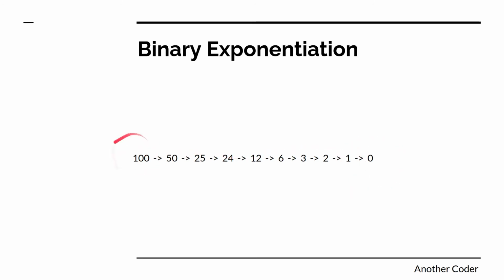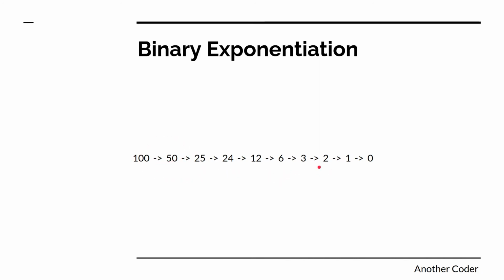And if you would have calculated it linearly, then it would have been 100 steps, because it will be O of n. So O of n here will be 100 steps, but by using binary exponentiation we have reduced those 100 steps to a mere 9 steps. So this is how binary exponentiation helps you to reduce the time complexity, and it runs in big O of log of n, because every time we are dividing the power by 2.